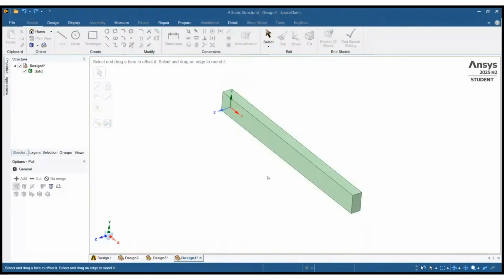Now the last thing we want to do is define a loading service for this beam. Let's assume the beam is loaded at mid-span with a point load. In practice, applying an exact point load in a finite element analysis is not ideal. So instead, we will approximate it using a small surface patch at the mid-span.